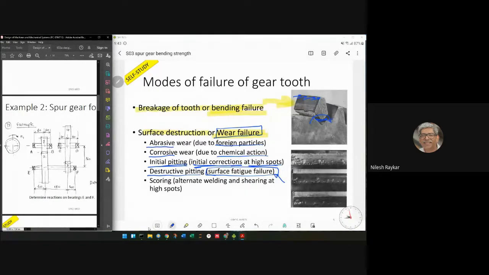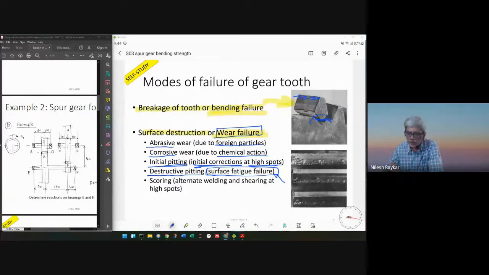That we'll see later on, that we calculate the contact stress on the gear teeth, and how many cycles this gear tooth can withstand, or how to design the gear tooth to withstand that contact stress for an infinite number of cycles is what is being considered in our subsequent calculations, but you can read the nature.